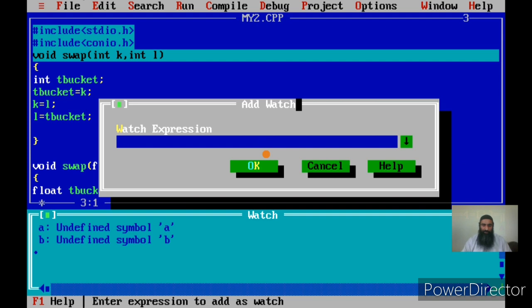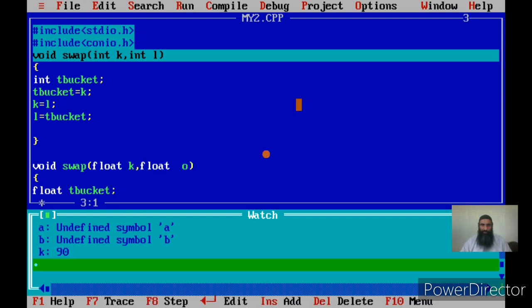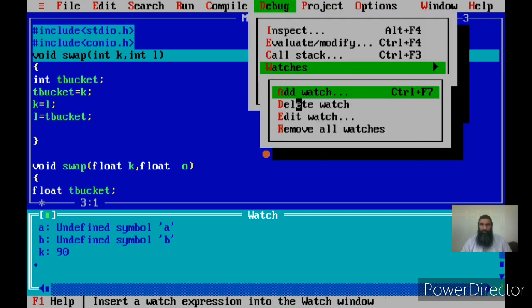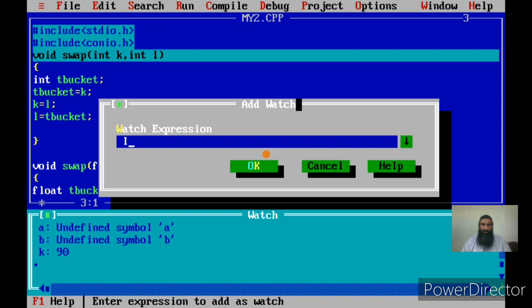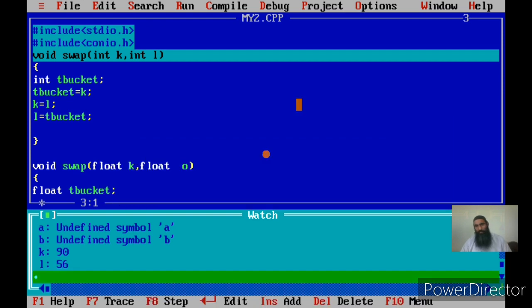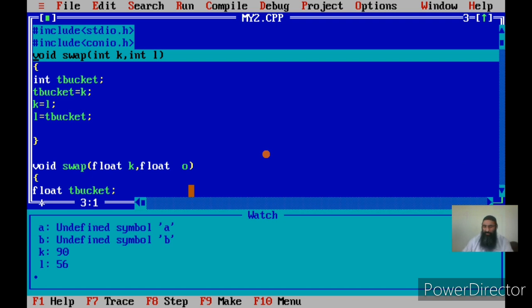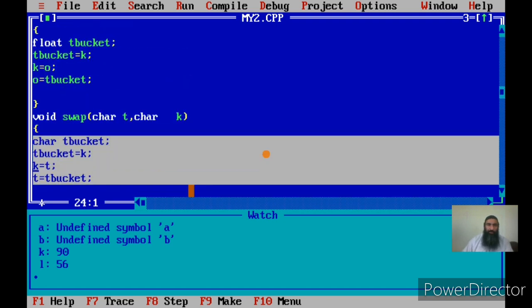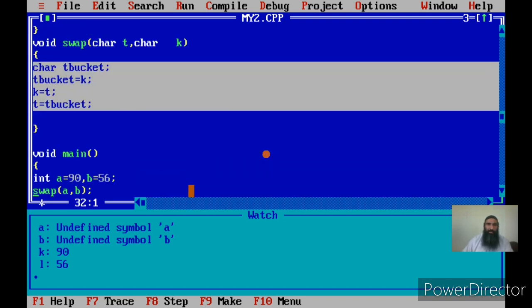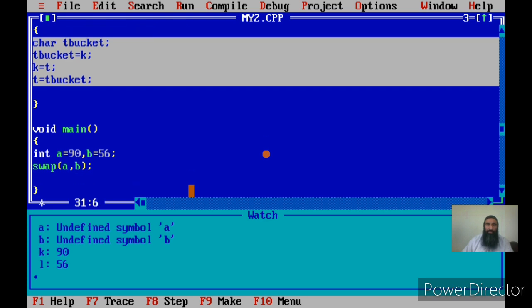Now if you see, the values of A and B that I initialized in main are here: A has a value of 90 and B has a value of 56.